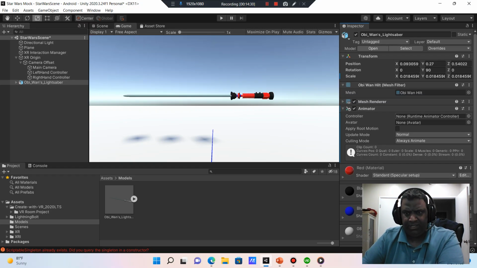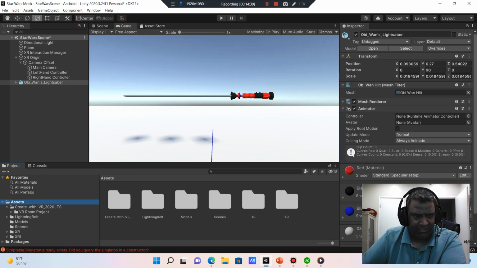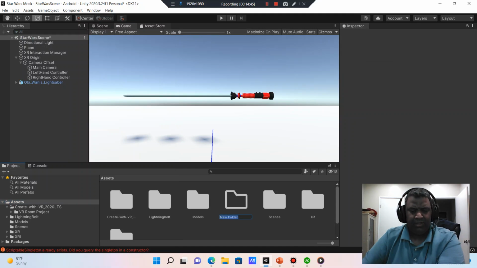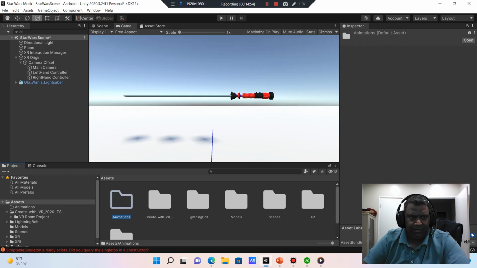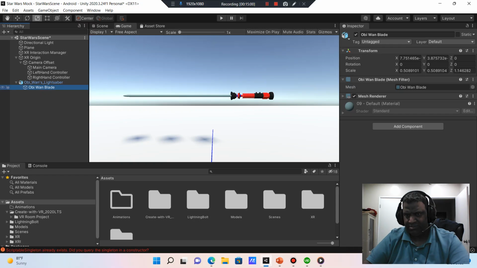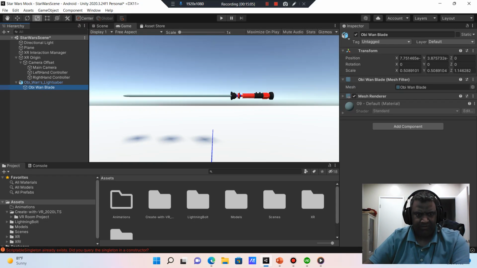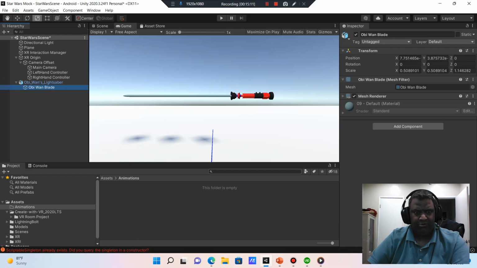So we need to create some animation. For us to do that, let's go ahead and create, in our assets folder, another folder. Let's call it animation. Now, particularly, we want to animate this Obi-Wan blade. So if I click that, you go to animation, open up the animation folder, click Obi-Wan blade,